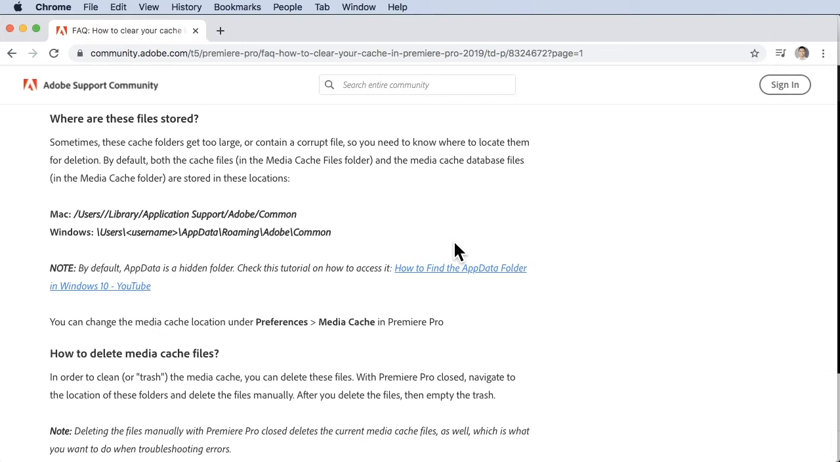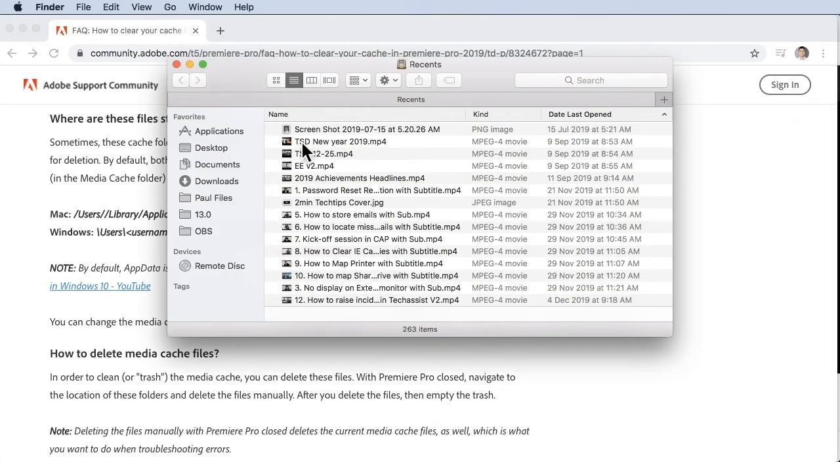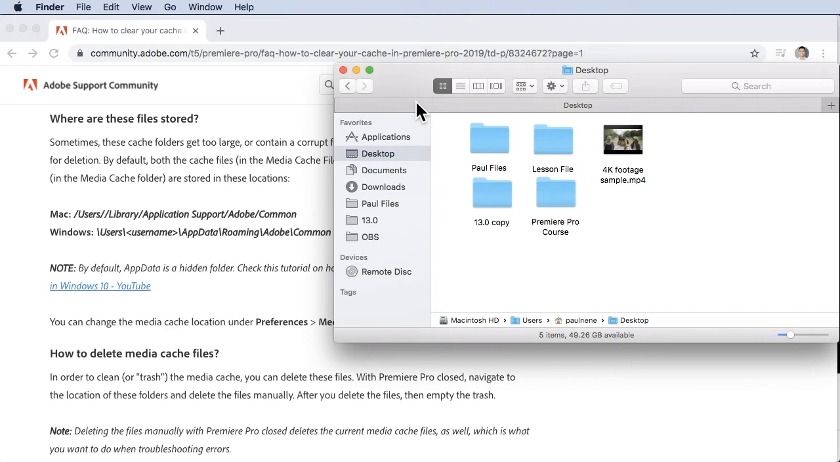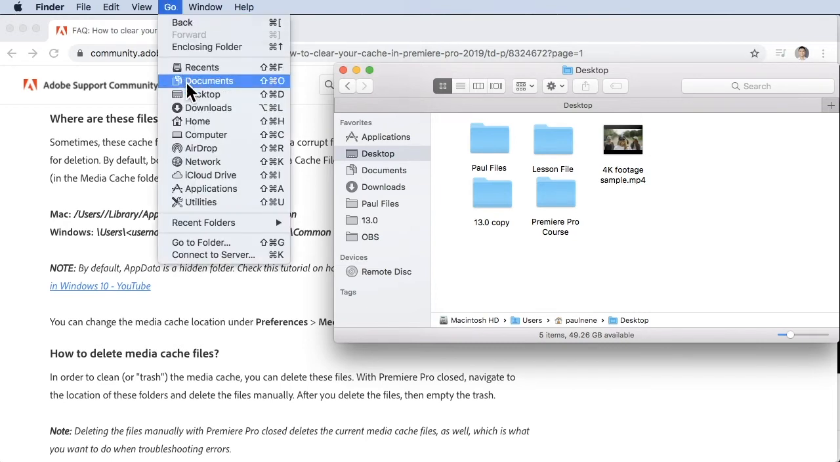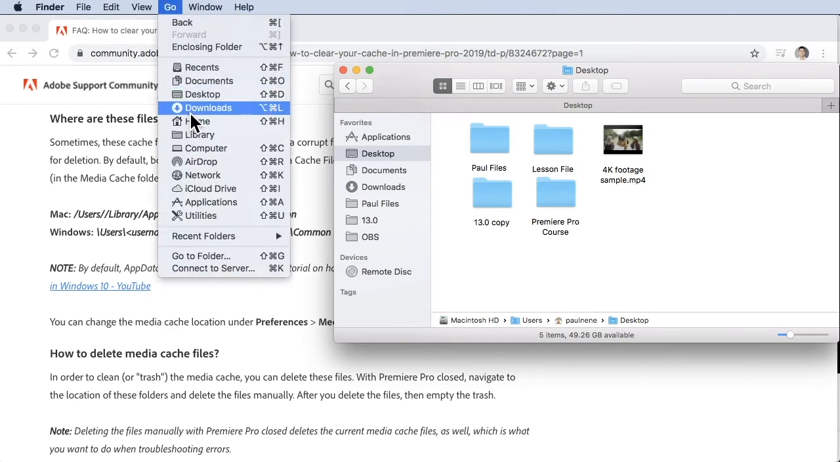Once you see those locations, you can just go to that folder and delete all the media cache files to clean up those cache files that are merely taking a lot of space. Since we are using a Mac, what I'm going to do is go to Finder, click on Go, and then hold down the Shift key,